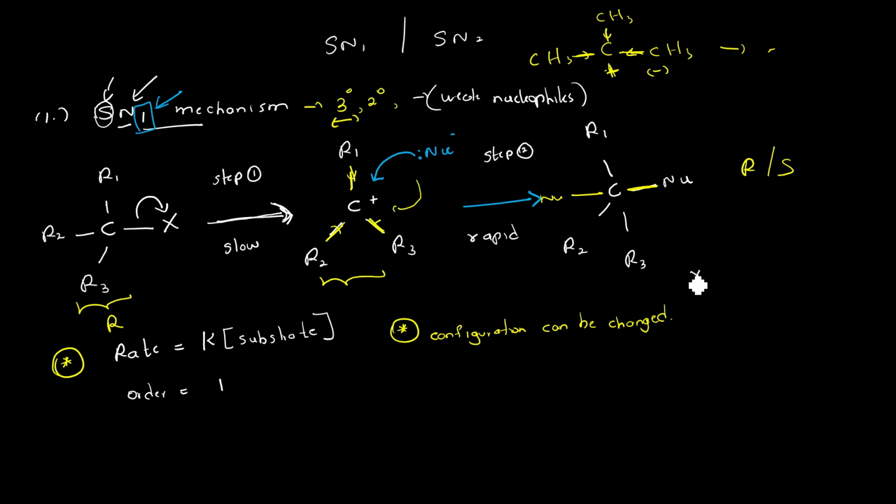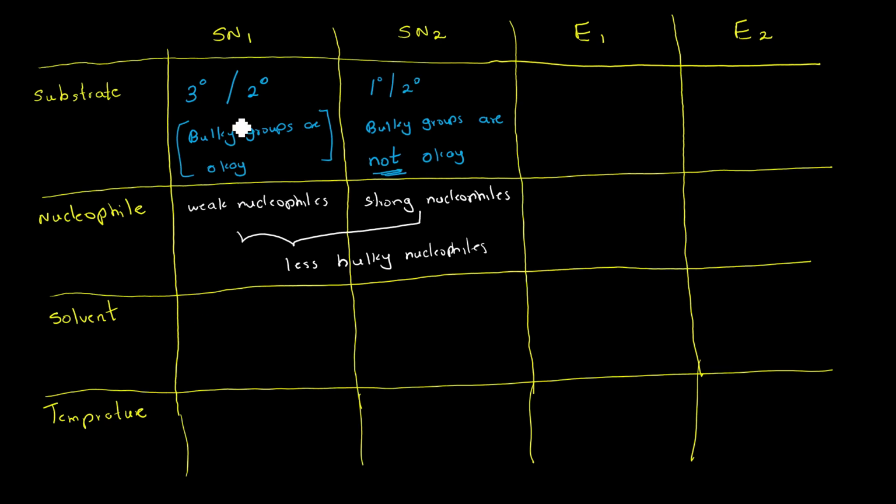So in this case, by introducing a polar protic solvent, like H2O, these polar protic solvents can stabilize this intermediate. So in the SN1 mechanism, polar protic solvents are the ones that are much more suitable. Let's put it down here also. For SN1, the carbocation is forming, so you need to stabilize the carbocation. You need polar protic, just like H2O,